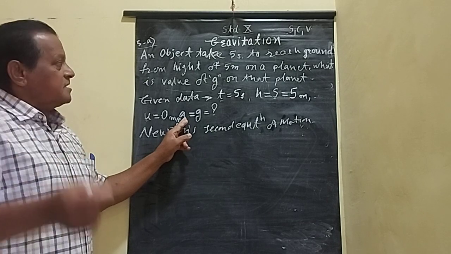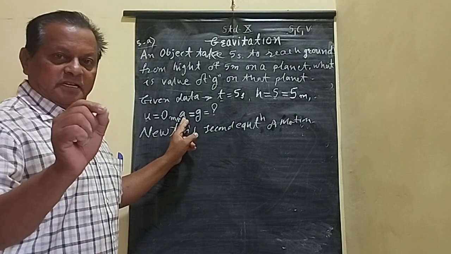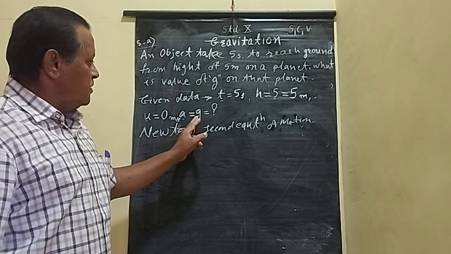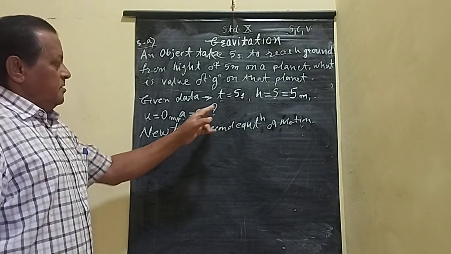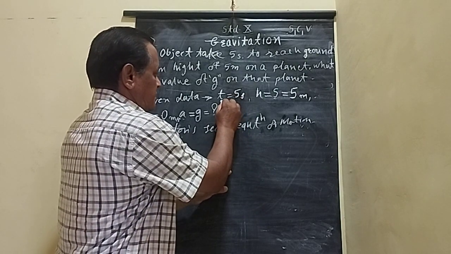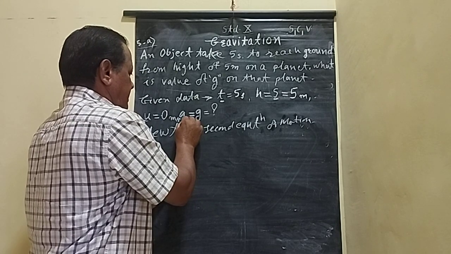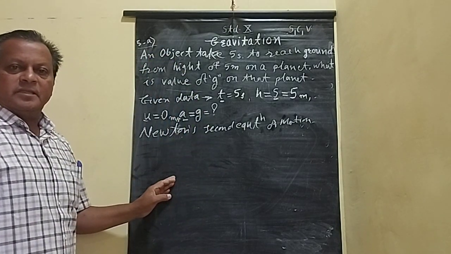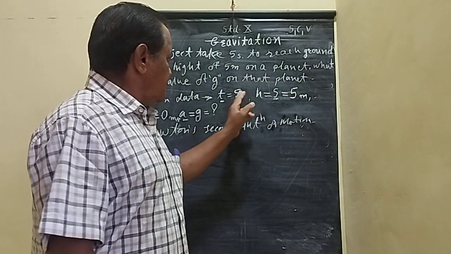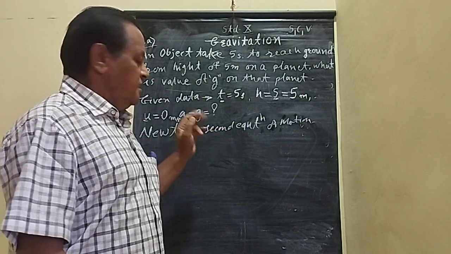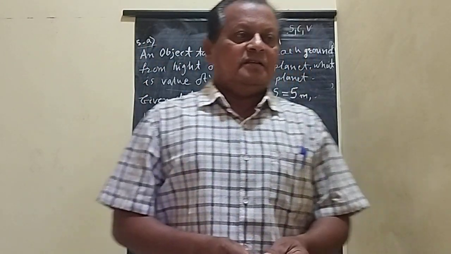And what is asked? What is the value of g on that planet? Means g, gravitational acceleration, a equal to g equal to what? And here what is given? t, s, u, and here we want to calculate g. Which formula should be used? We know from this data there is s, t and u, and another is a. These 4 physical quantities are in